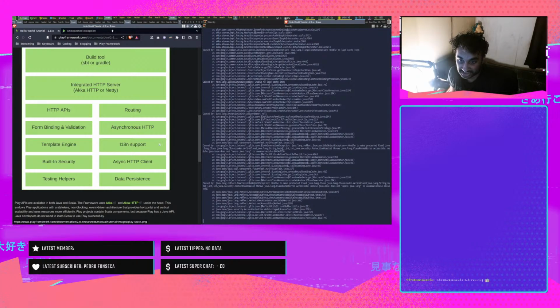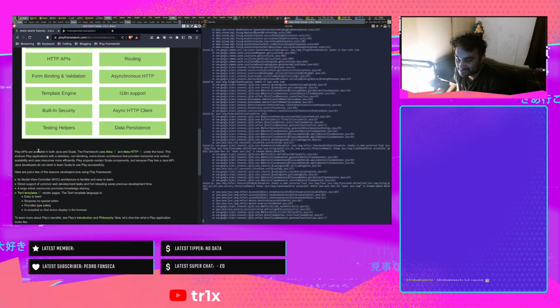This async HTTP client is going to be interesting. Play APIs are available in both Java and Scala. The framework uses Akka and Akka HTTP under the hood. This endows Play applications with a stateless, non-blocking, event-driven architecture that provides horizontal and vertical scalability and uses resources more efficiently. To explain horizontal and vertical scalability